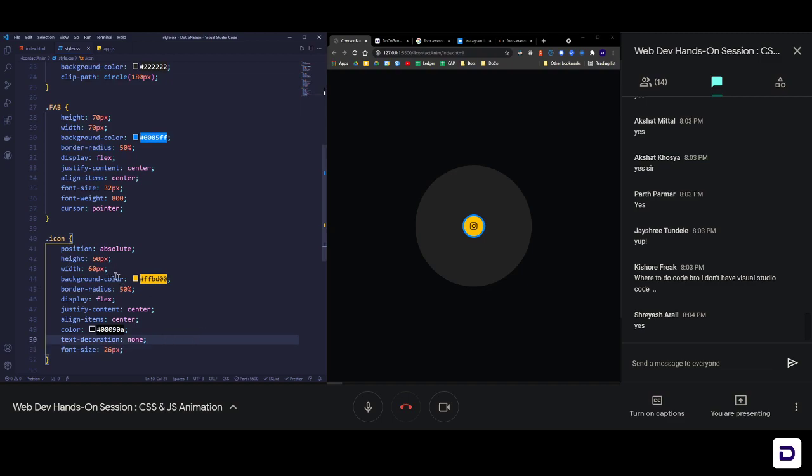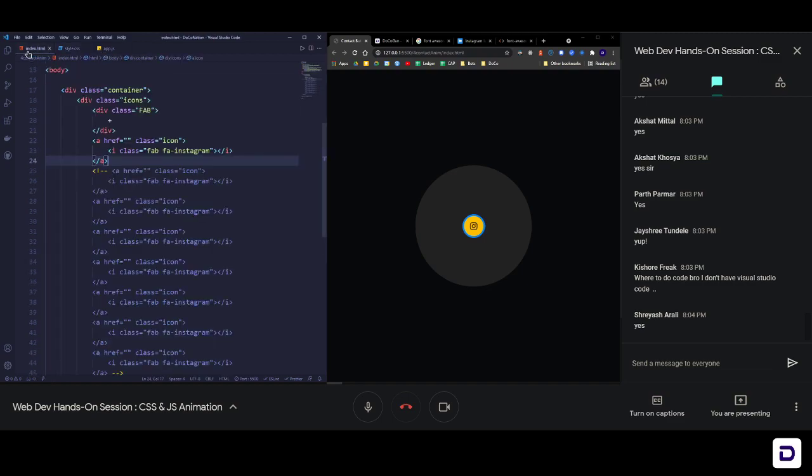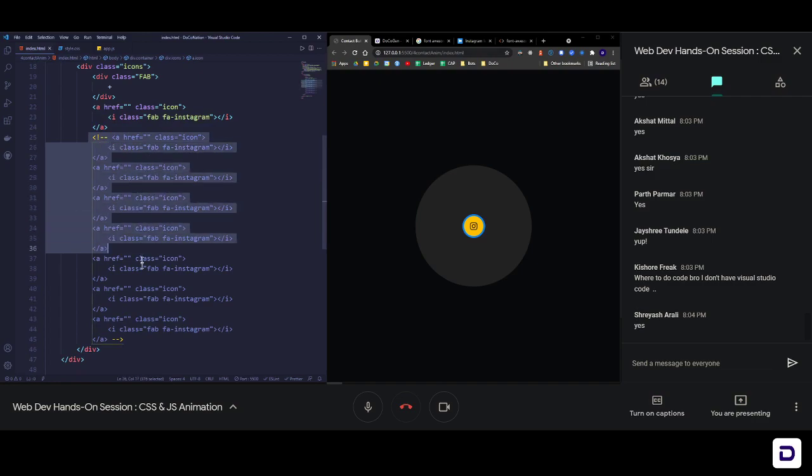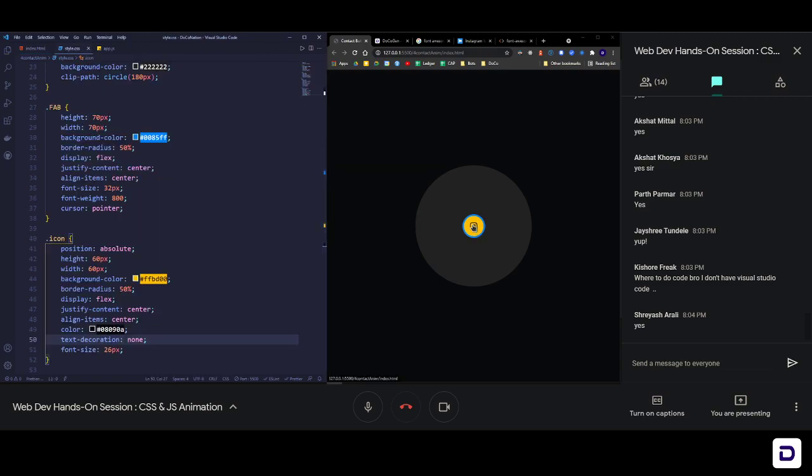And now what we can do is go back to index.html and enable this, so that we can get all of them. So right now all of those icons are sitting here on top of each other. If I remove position absolute, you'll see what happens. Okay, so this is what I was talking about, that all the icons are just going to go mad like this. That's why I removed the HTML code.